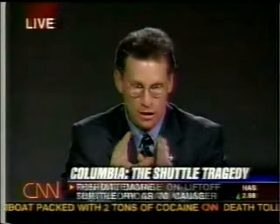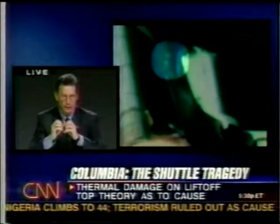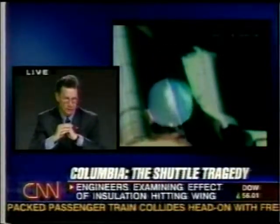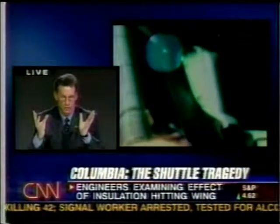The mass is going to be the weight. It's going to be 2.67 pounds. That's going to be the striking energy. The mass or weight of that amount of pounds combined with the velocity as it impacts the wing is all going to be converted to energy. And you saw some of that if you saw the video and the film that I know that you have. As it struck the wing, it basically disintegrated into a cloud of smaller particles. So it went from a mass of 2.67 pounds into the wing, dissipated its energy into a cloud of dust,